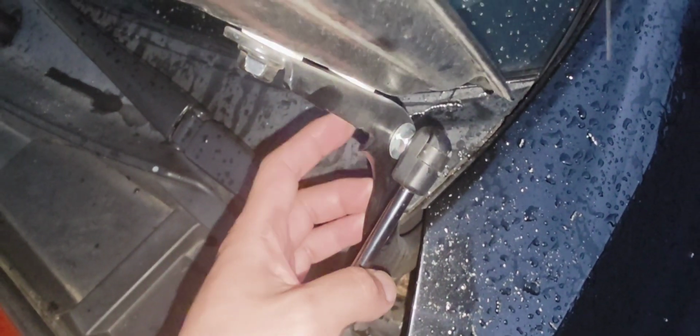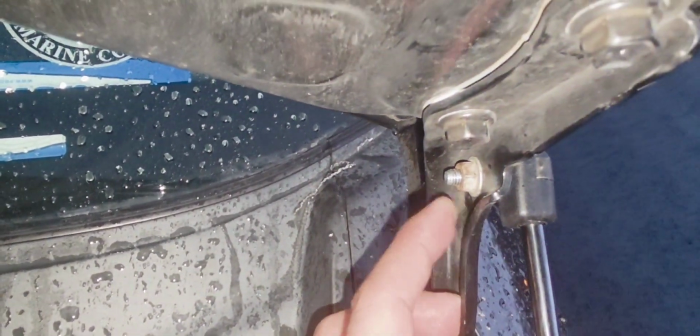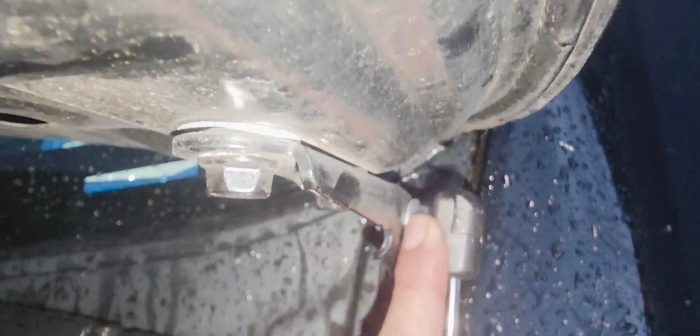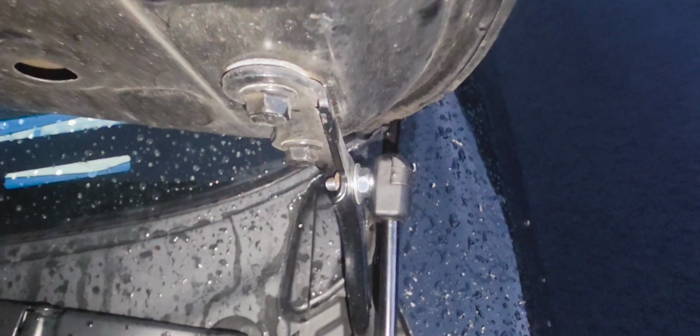I use the hood strut itself, not the hood bracket itself, as the bracket. So you need to drill a hole here, put the screw here, drill it through here. You need to mark it right here. Mark it with a knife, and you can drill a hole in here and mount it to the side, even though it looks like that outside, but when you close it, see it goes down